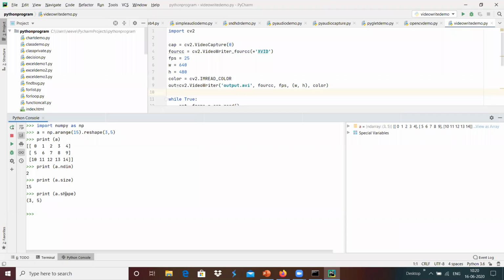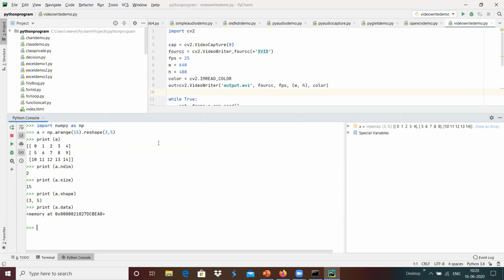And maybe we can do print a dot data, which provides the buffer memory pointer, the buffer which contains all these 15 elements over here.